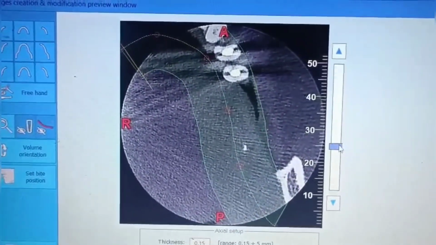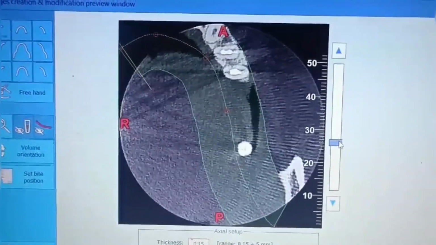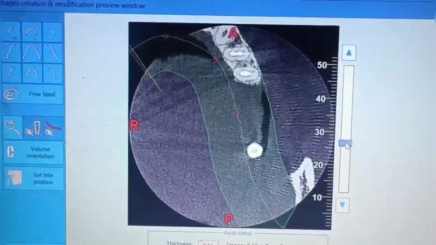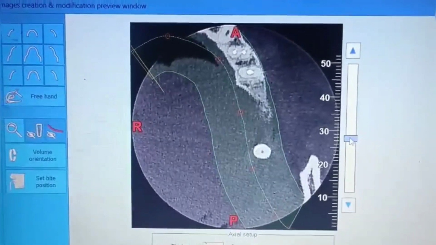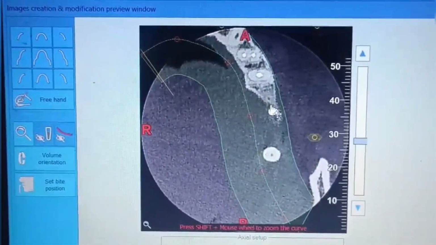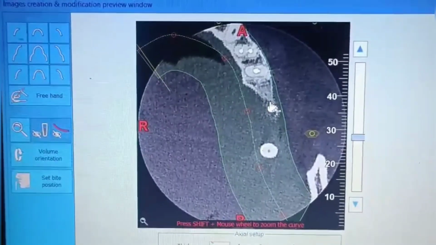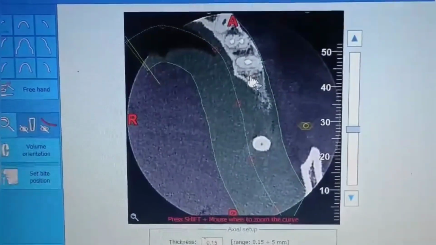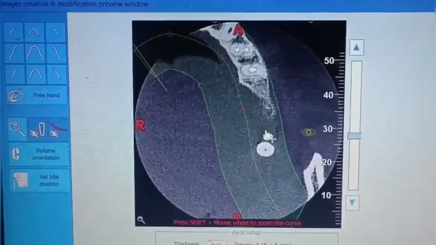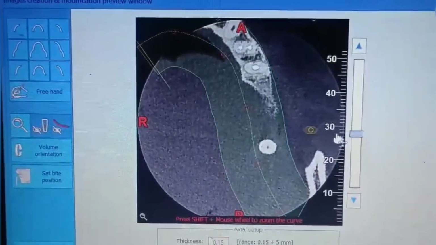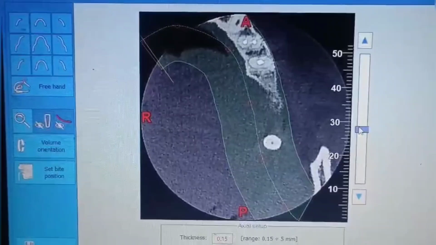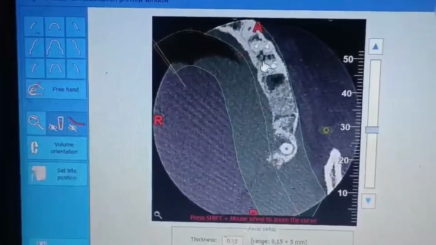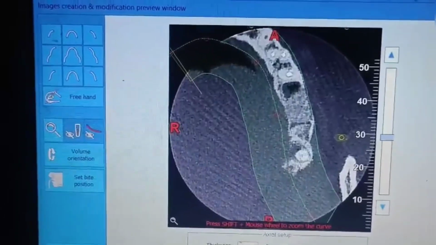Now if you move a little bit up, you can see the paramolar come into view. Then slowly the crest will start appearing. You can see the crestal bone appearing. The crestal bone is more in the premolar region and less seen in the molar region. That means there is a slope to the molar region. Now still going further, you can see the whole crestal region right from the premolar to the paramolar, but there